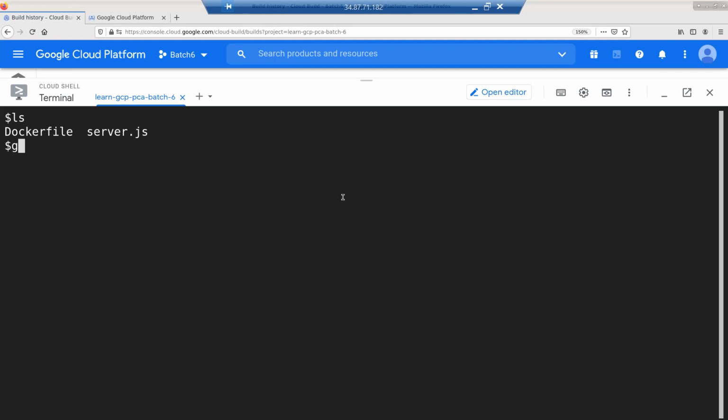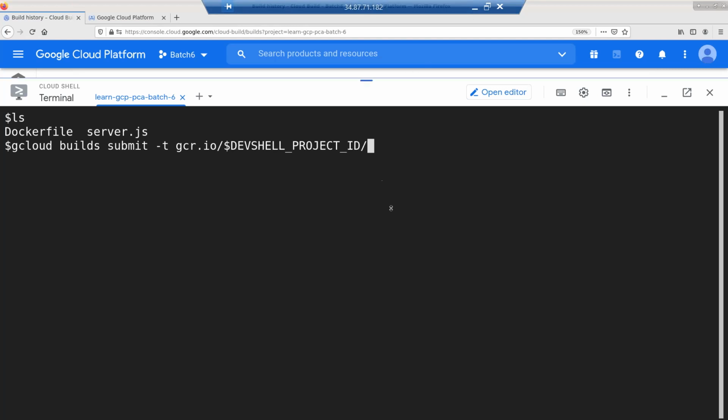What we'll do is gcloud builds submit -t gcr.io/dev shell, underscore project ID, slash